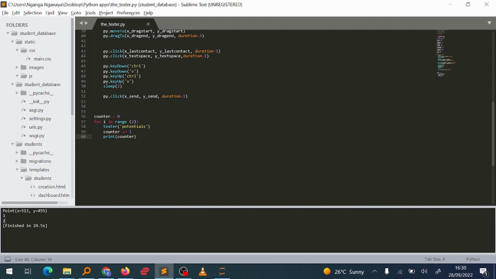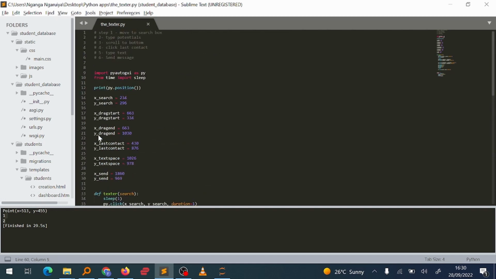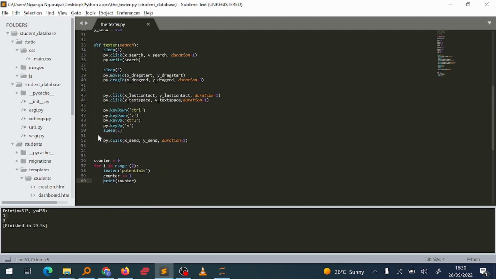We can have it be like that, so it just gives the final number rather than counting 1, 2, 3, 4. But that's what I like seeing, so I think that's good. And now we have a function that helps us send messages. If the message changes and we want to send something else, we can just send it. And this is a simple